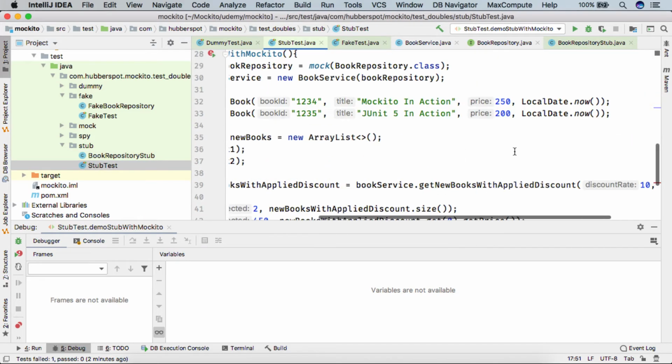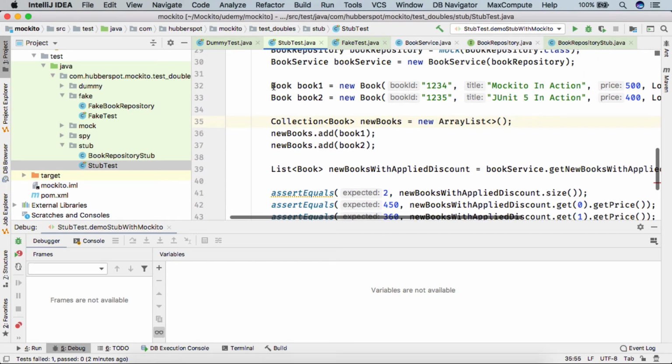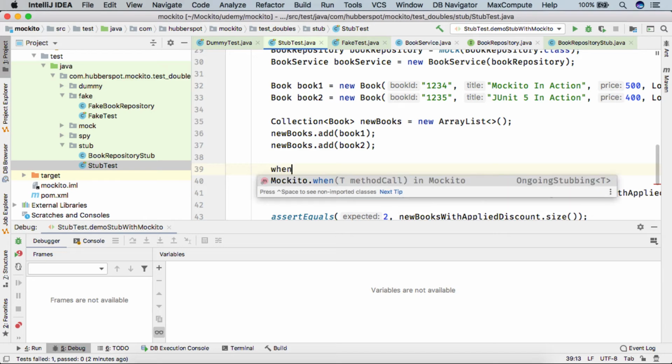So here we give the values as 500 and 400. So we have created this new books. Now we simply want to tell Mockito what to do when the find new books method is called. So we'll use when.